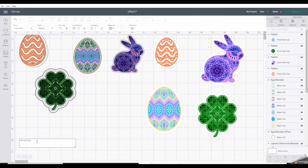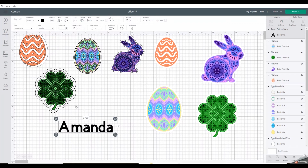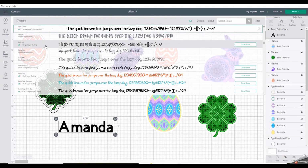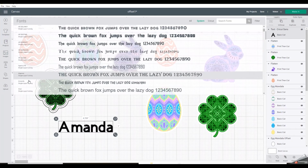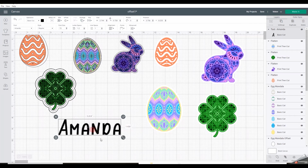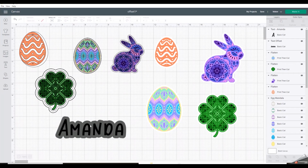You can also use offset around text. So let me show you how that works real quick. I'm just typing in a name real quick, and you can change the font to anything that you want. This is one of my favorite fonts here, and I'll make it a little bit bigger so you can see. So you select the word, and then again you go up to the offset, and you can see the blue outline there, and you can adjust the size if you want, and then you just click apply,